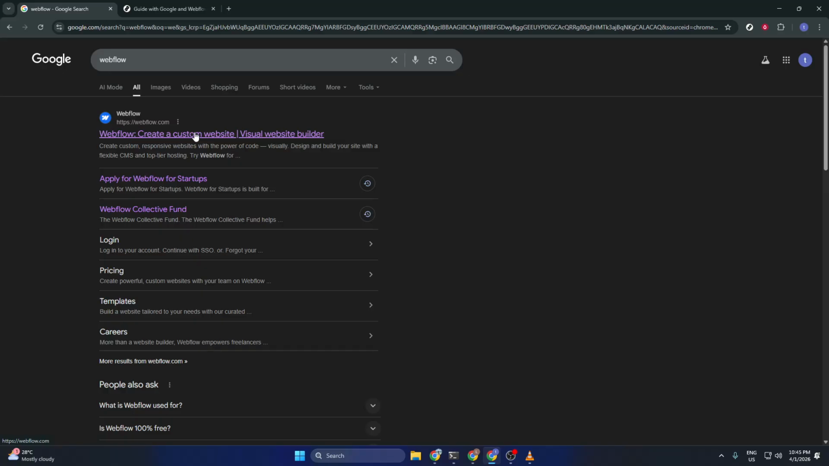Begin by opening your preferred web browser and going to Google. In the search bar, type Webflow, then press Enter. In the results, look for the official listing that reads Webflow: Create a custom website. Visual Website Builder. Click that result. This takes you to Webflow's official site, which is the safest place to access your projects and